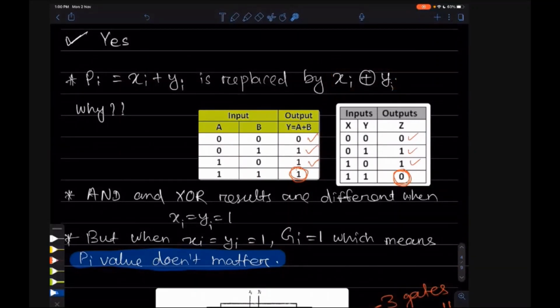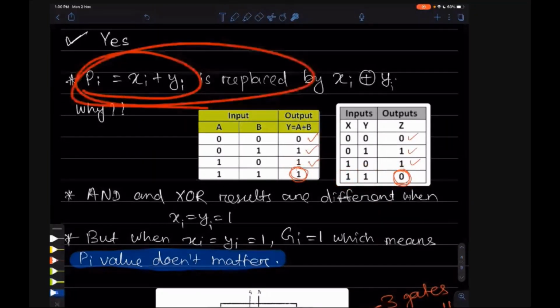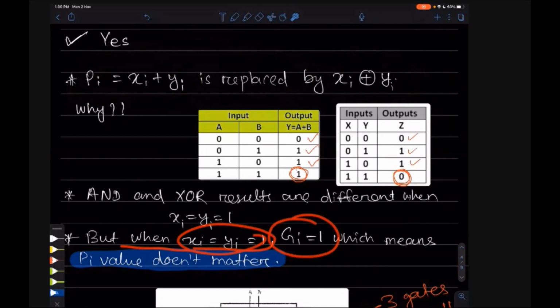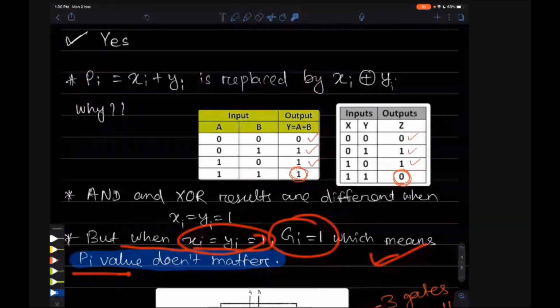The only difference is this part, where the input is 1 and 1. Whenever xi and yi are 1 1, whatever output comes from this XOR gate does not matter, because when xi and yi are 1, gi is equal to 1, which means the pi value does not matter.